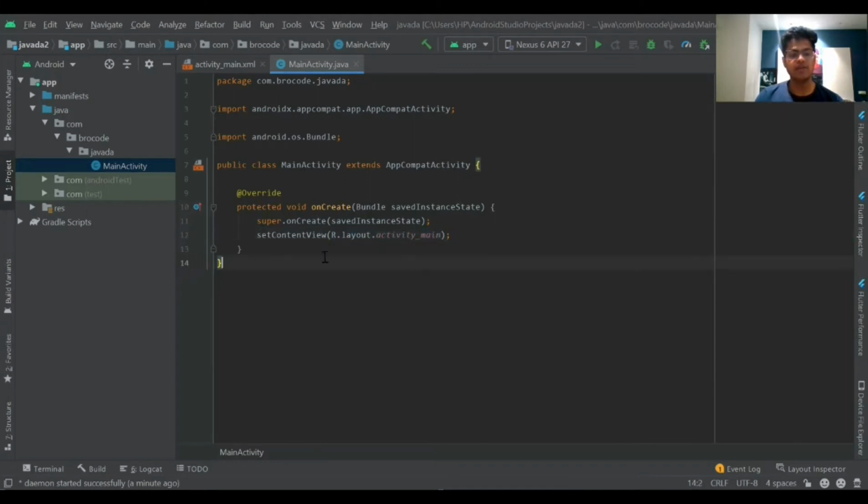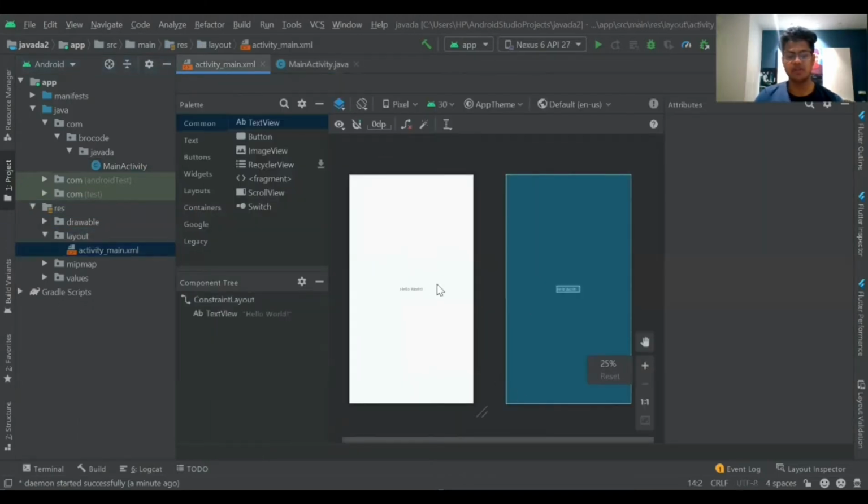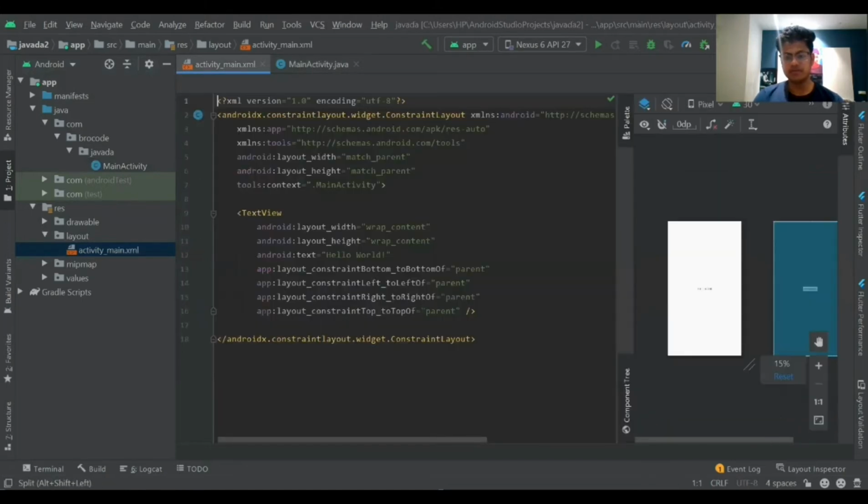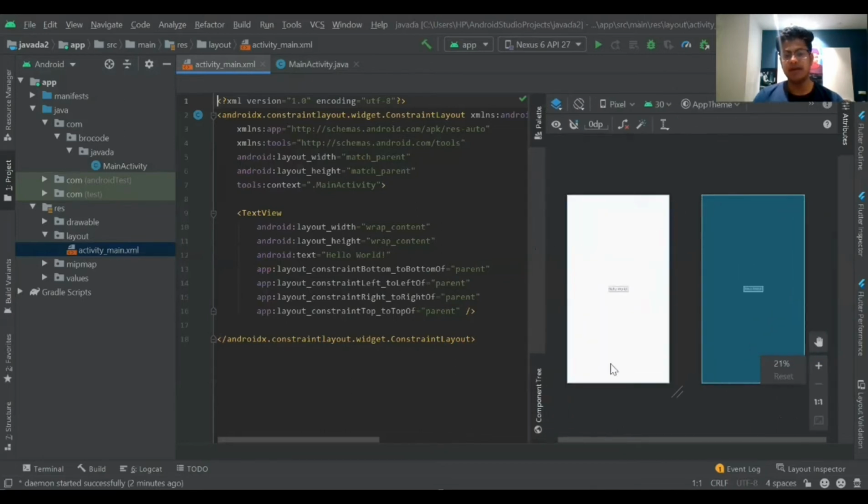Every screen and activity has a Java part, that's the functionality, the background. And what the user sees is the front end, that's included in the layout tab, called activity_main. So this is the layout that we're going to see. It's plain for now, so I'm going to add some attributes to it. The language Android uses for making layouts is called XML.